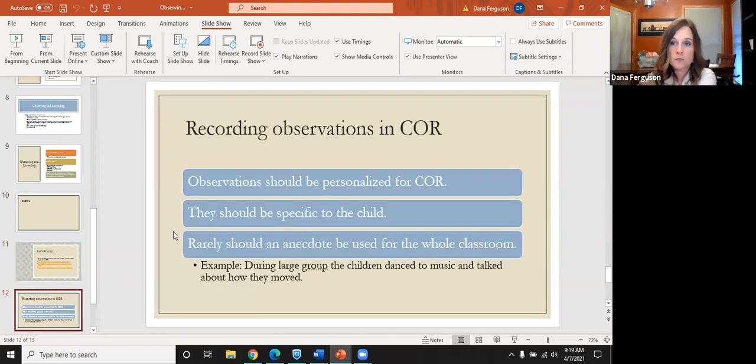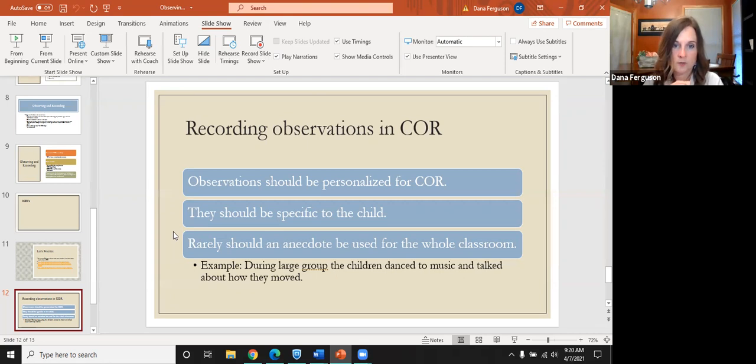Okay, so now talking again about observations, and this is observations in Core, but whatever assessment tool you're using. Again, they should be personalized and specific to the child. Rarely should anecdotes be used for the whole classroom. And this is the HighScope standard, that you would use